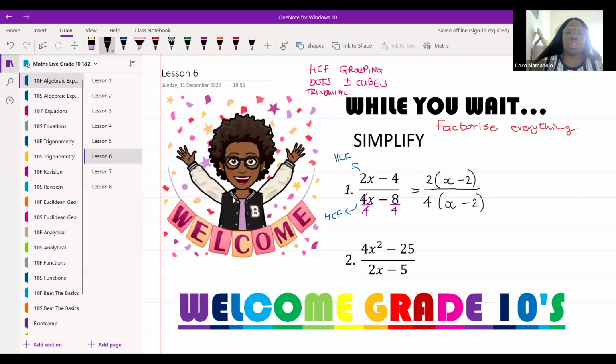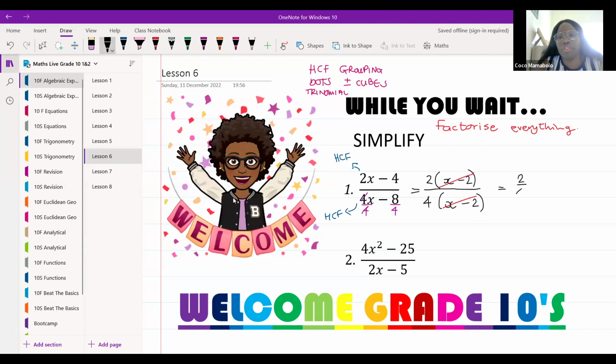Now, all I need to do is cancel the things that are in common. Do I see something in common? What do I see that's in common with both these two? The brackets, right? I see an x minus 2 and an x minus 2. So I can then cancel those two. X minus 2 divided by x minus 2 will just give us 1. So my final answer